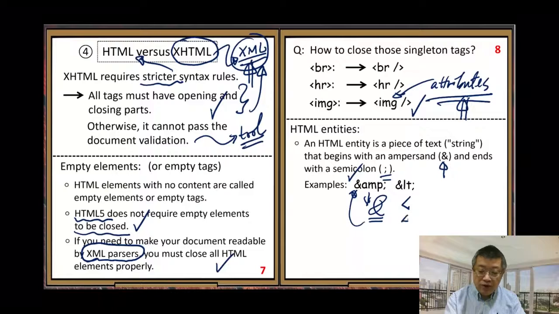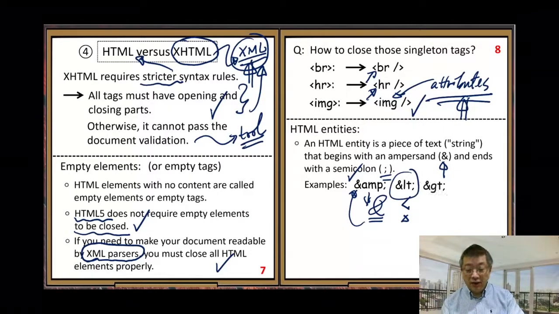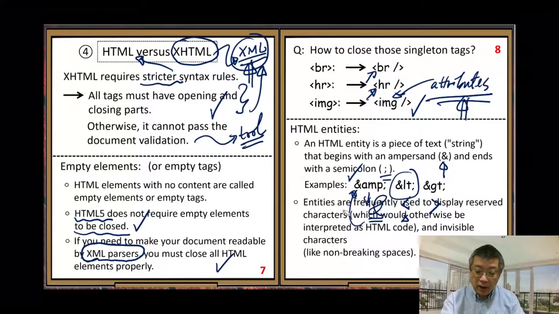Because the less than symbol is used in tags, we use many less than symbols in tags, so we treat them as special characters. The question is, how do you represent the literal less than symbol character? Using this entity. Then greater than, similarly, we need to use a special HTML entity for that. All right, so entities are frequently used to display reserved characters, which will otherwise be interpreted as